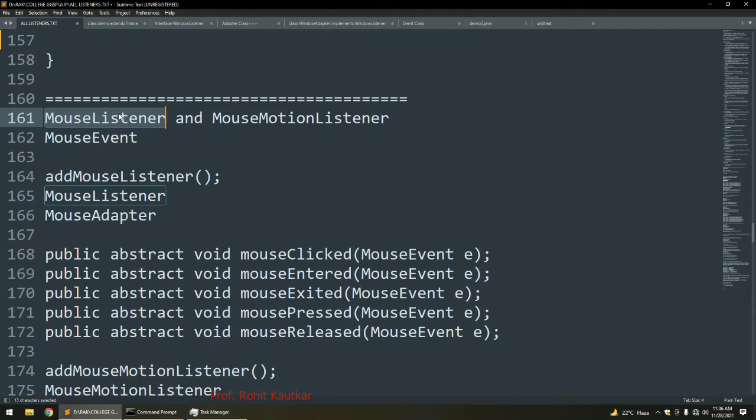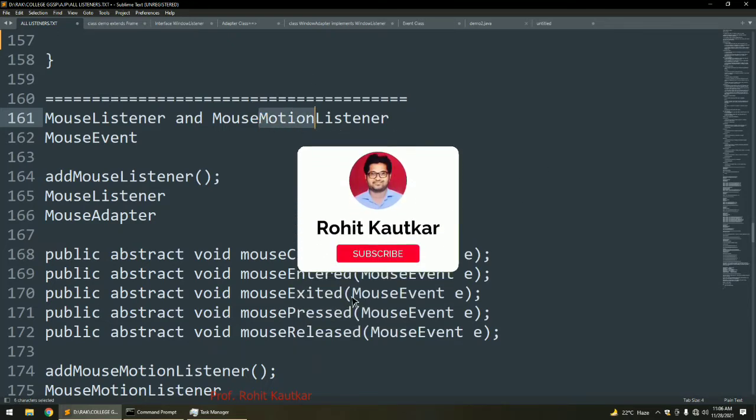The event class for mouse listener interface is mouse event. This mouse event class will be common for both of these interfaces, mouse listener as well as mouse motion listener. And whenever you are moving your mouse, whenever you are dragging your mouse, then to handle those related events, you have another interface, that is mouse motion listener. You can see there is a motion keyword, meaning you are moving your mouse, you are dragging your mouse. These are the two